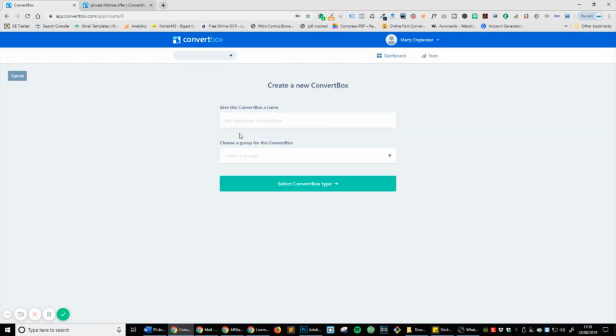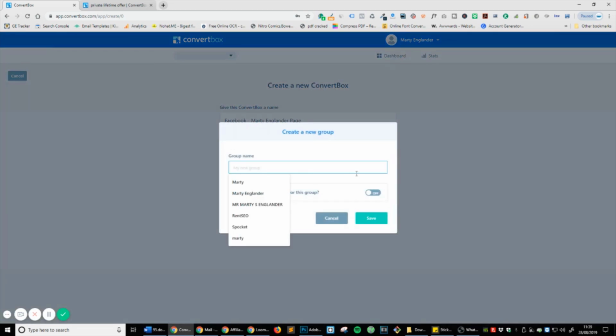Give this ConvertBox a name. So what do I want to name it? I'm going to name it Marty Englander page. Okay, choose a group for this ConvertBox. Well, I've not got any groups, but can you see it's saying create new group? So let's create it. And what's nice is that it doesn't actually push you away from this core page. So that's really nice and easy. So what am I going to call this? I'm going to just call this ME page,